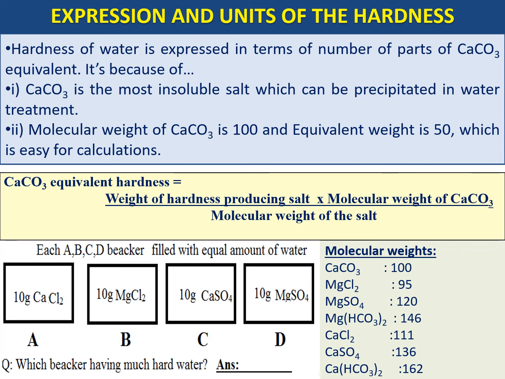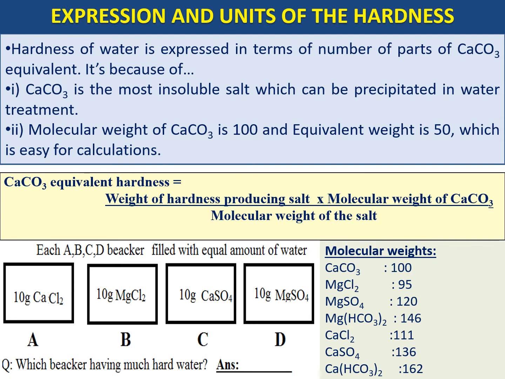By knowing the X, Y, Z values, you can know that those are only numbers. X, Y, Z are numbers. By seeing the numbers, you can easily tell which water has the odd hardness. The formula for that is CaCO3 equivalent hardness equals weight of hardness causing salt by